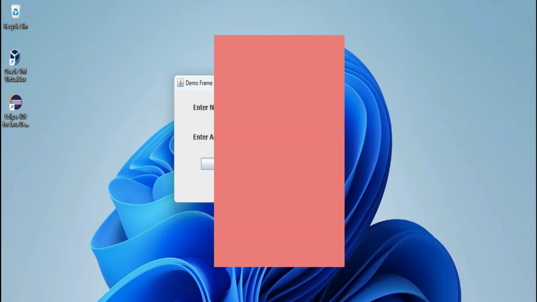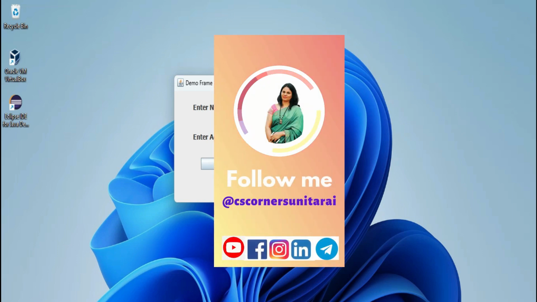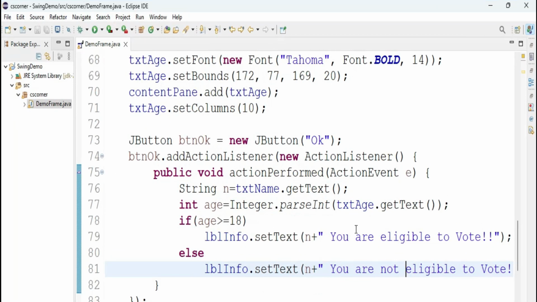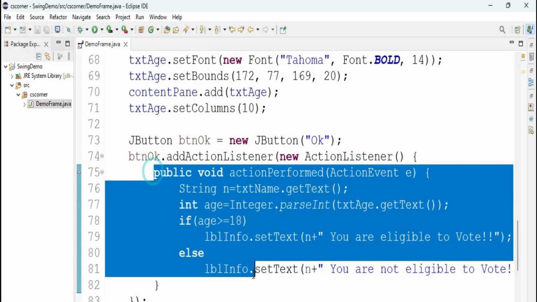You can create a simple application also. I just took 2-3 text boxes and showed you. You can have a project with only one component just to check whether your WindowBuilder is running or not. So I hope guys, by following my video you are able to successfully run your Swing application.